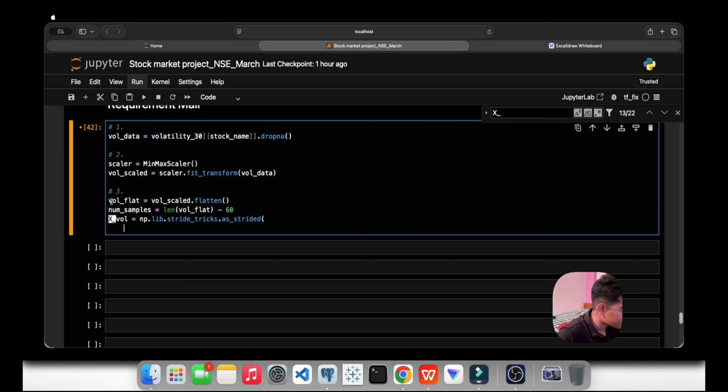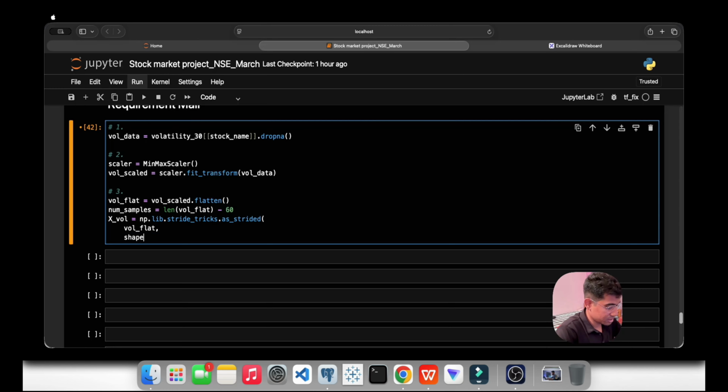In this I will take vol flat, then I will take shape equal to num samples, then 60.